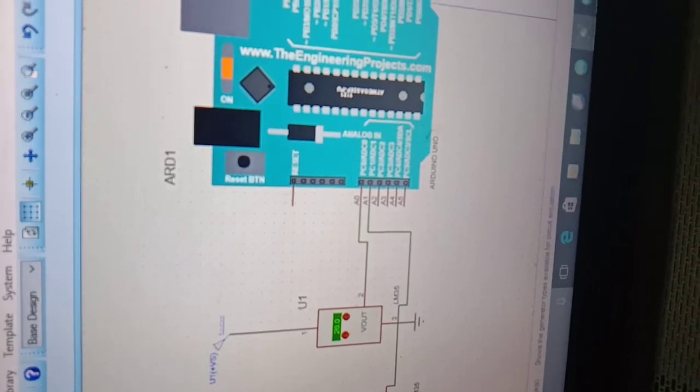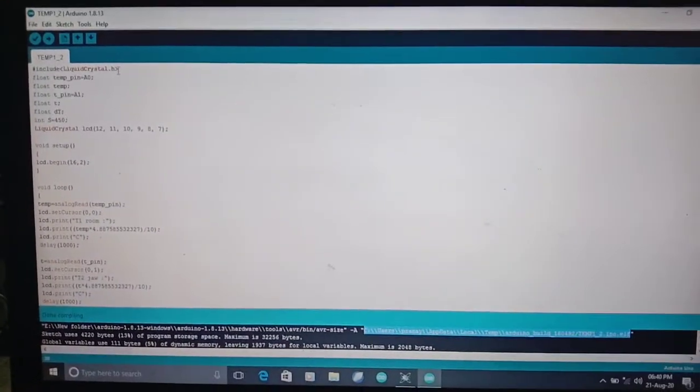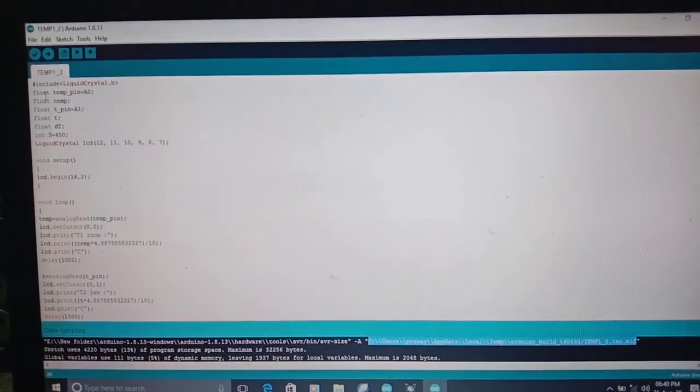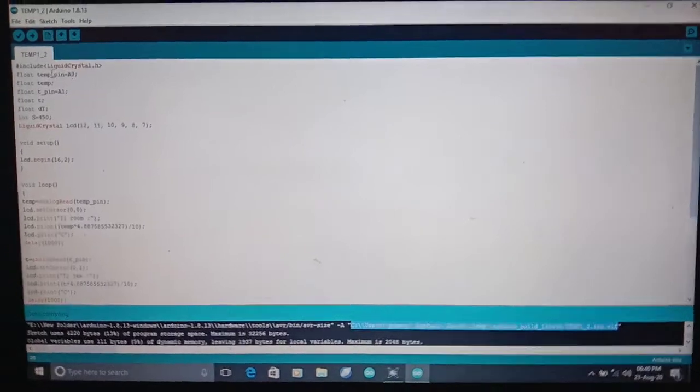Alright, so for this I have used Arduino programming code. Let's see the Arduino programming code that I have used. First I have declared the LiquidCrystal, the LCD display, and there is a float variable, temperature pin. This is the main thing. First you have to declare the pin. This is very easy: temperature_pin equal to A0, which is the pin connected to the Arduino.